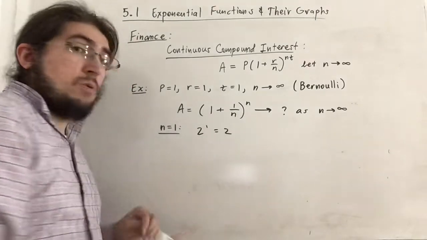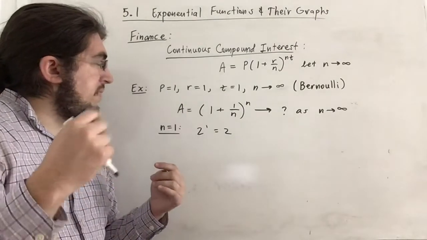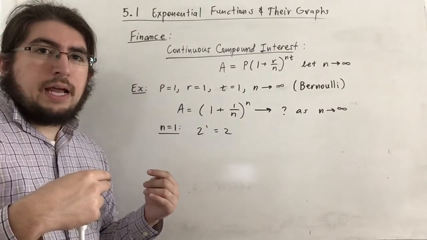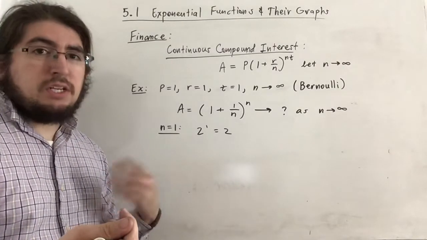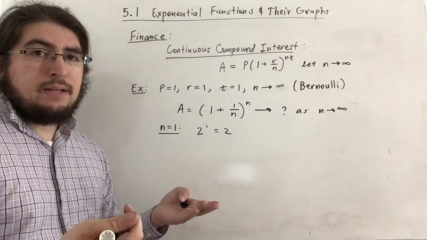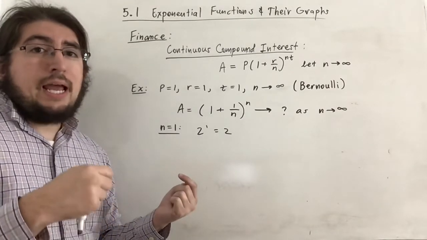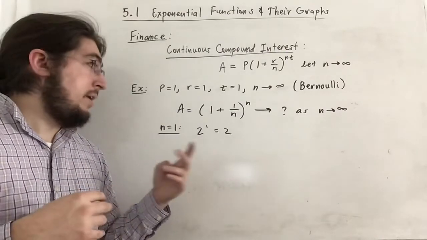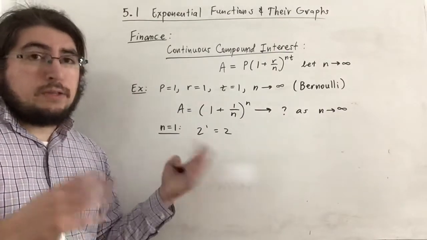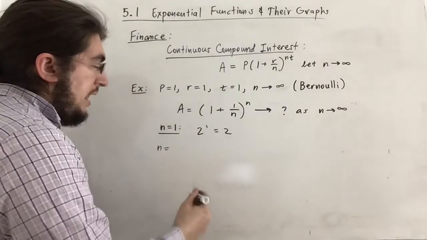So you'll have $2, which makes sense because if you give me the $1 and I give you 100% of that dollar back, in addition to the dollar that you had, because it's interest, then you have your original dollar that you deposited to me, and the interest amount, which is another dollar. It's 100% of the dollar you gave me. So you'll have $2 back. So that makes sense. But what if n is, let's say,